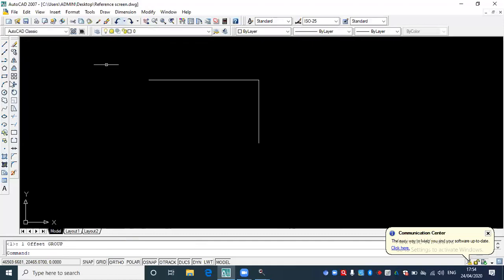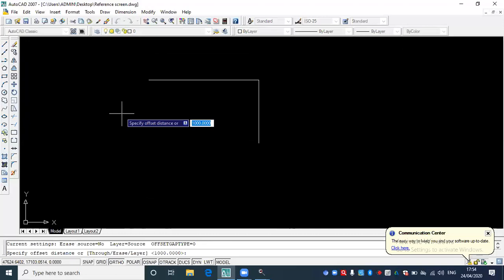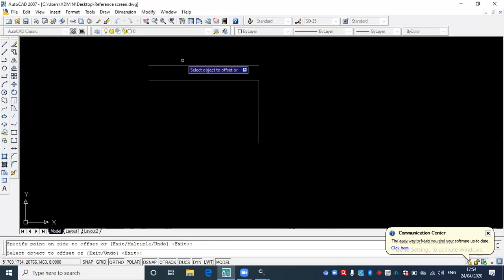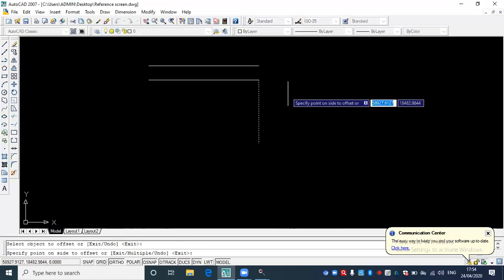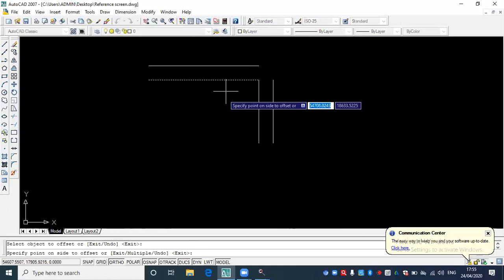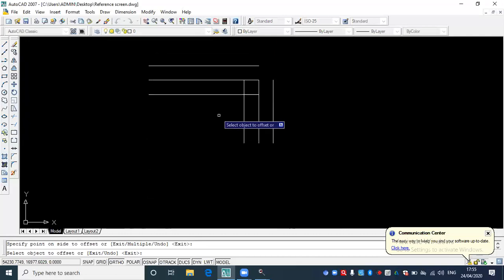Say for example, let me repeat the offset command. Give an offset distance of say 1000. Enter. You want to create an offset from here to here, and here to here. So this is how you create the parallel lines by using offset command.